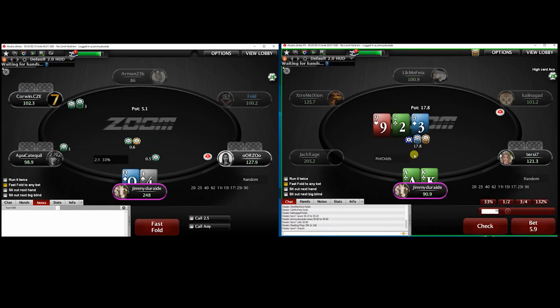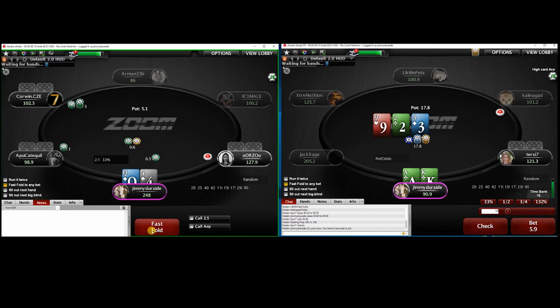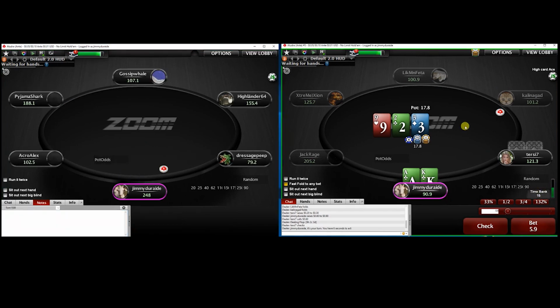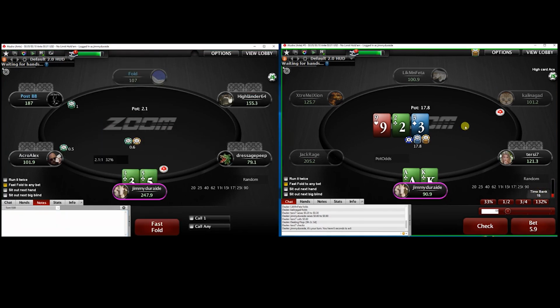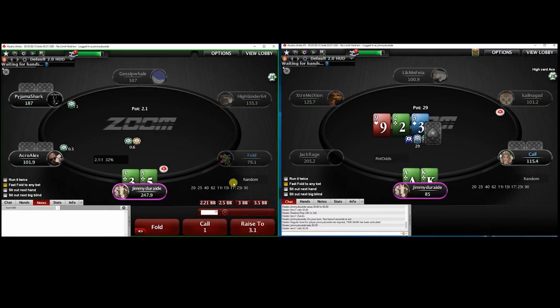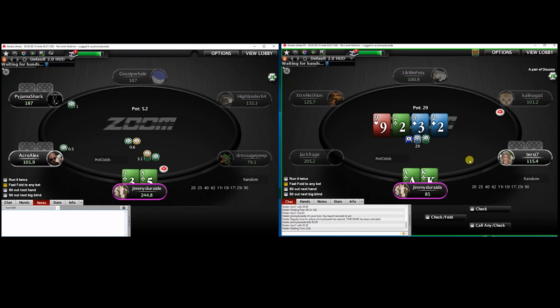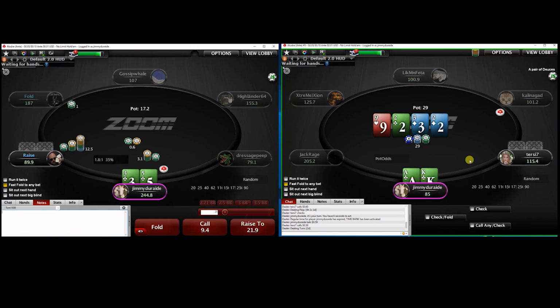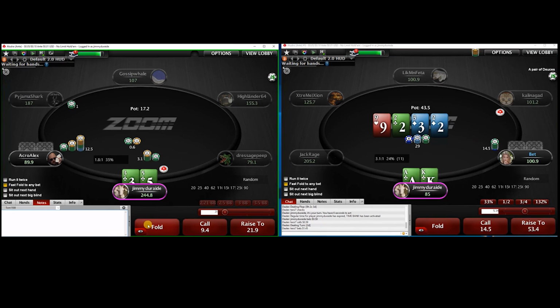When we are in position with wide ranges, I don't mind going for 1/3. If I was, for example, big blind or small blind versus button or cutoff, this would be a spot where I would go with a half pot full range. But in blind versus blind, I don't mind going for a smaller sizing in position. If the board was a bit more connected, like 10-7-5, 10-7-4, then